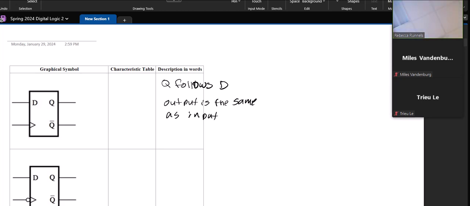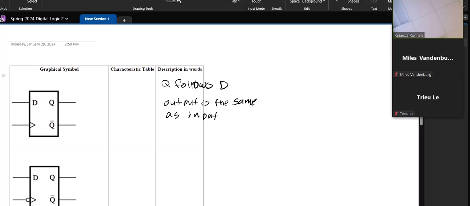All right, so we're reviewing the different flip-flops, and the D flip-flop, the output is the same as the input. The reason you use a D flip-flop is for the timing, not because of what it does to the signal. The signal is going to be the same. So for the characteristic table,